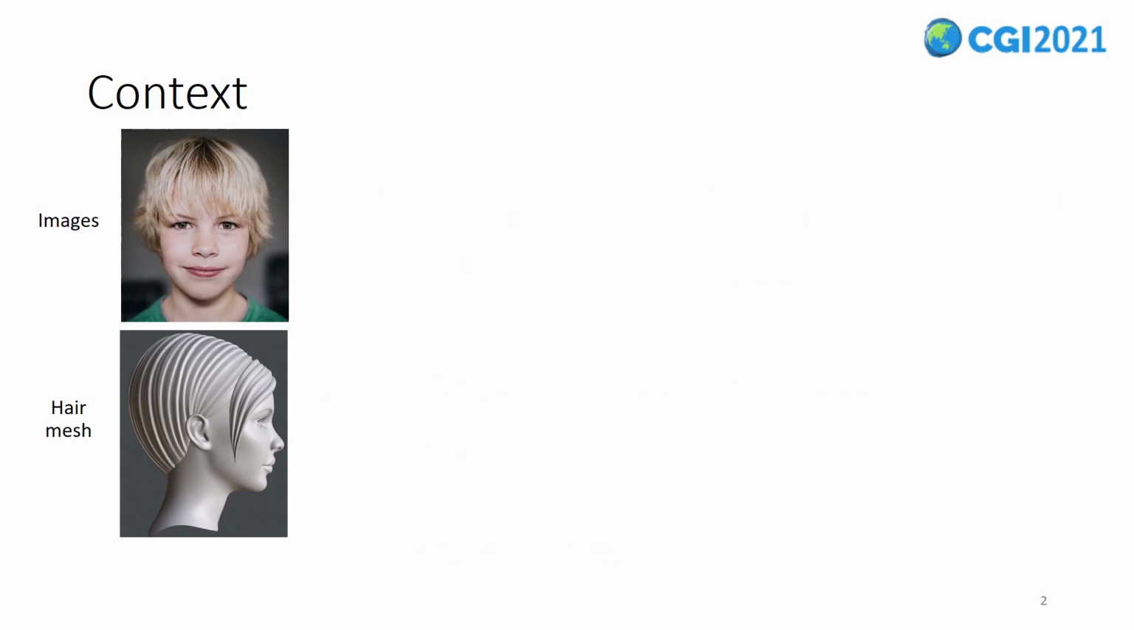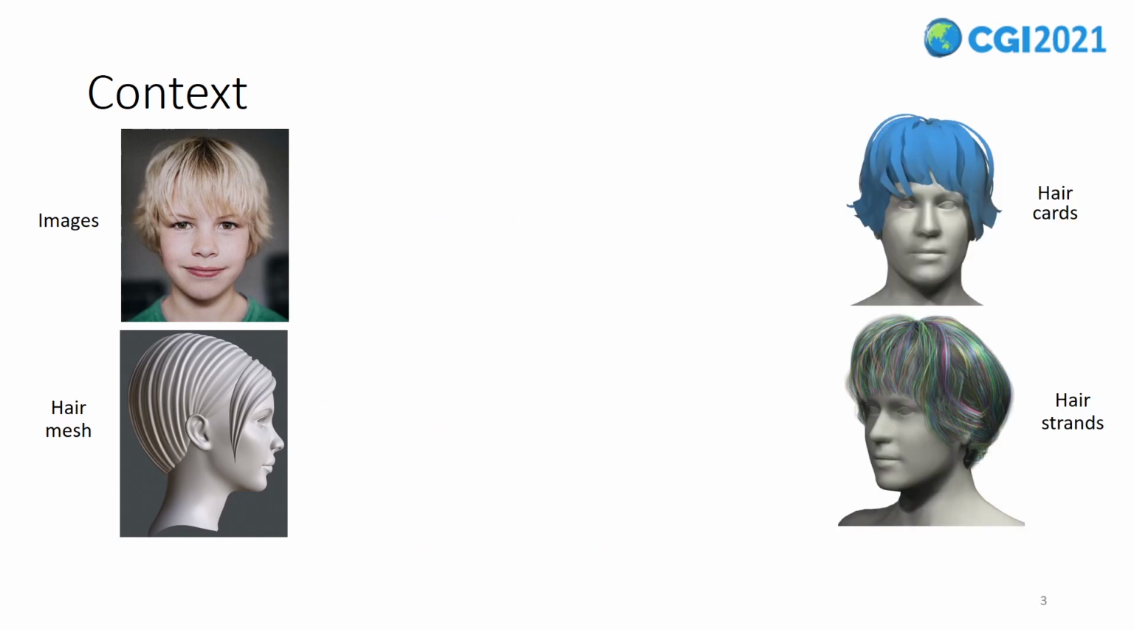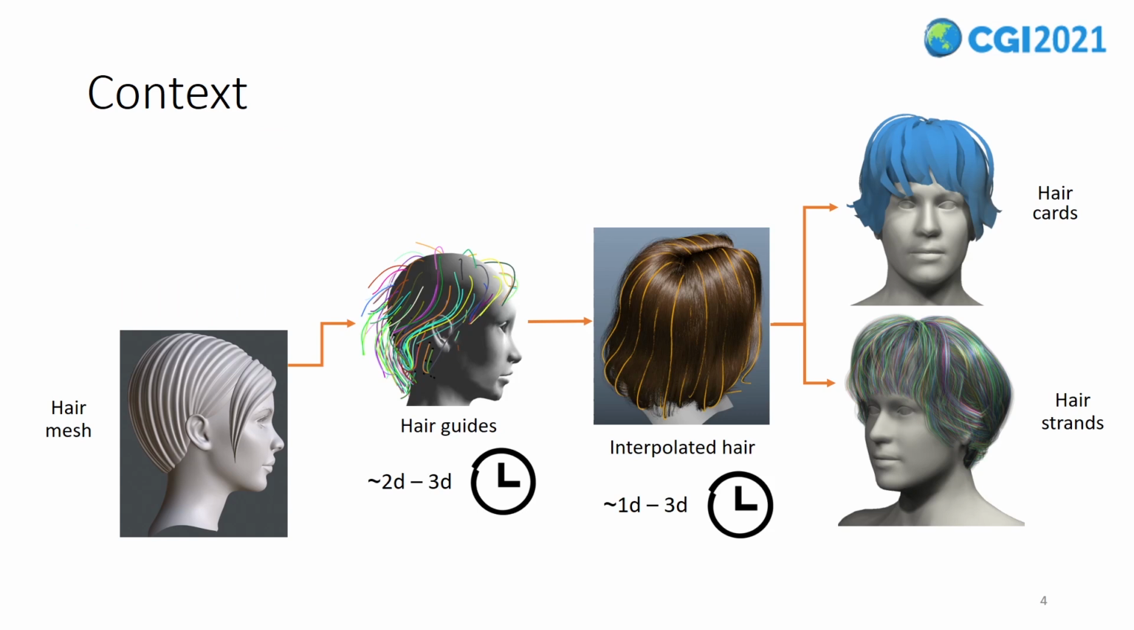As regards the context of this research, artists usually use images or hair meshes to generate either hair cards or hair strands. There is no unique pipeline, but we decided to focus on one existing in the industry. Usually, artists will create hair guides manually based on a hair mesh, and then these guides will be used in a 3D software to be interpolated so they can be used as they are, as hair strands, or used to